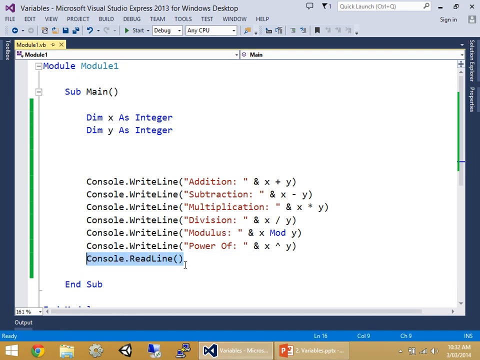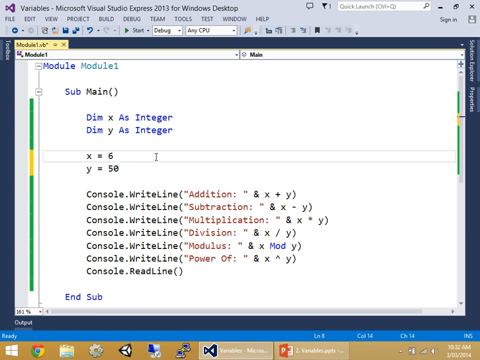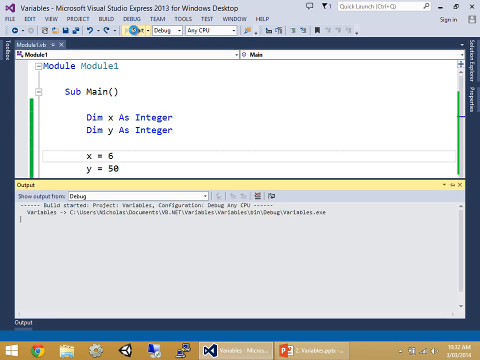I said in the second video that Console.ReadLine is a very powerful command. In fact, it's even more powerful than what we used it for already. Console.ReadLine will actually take what the user's typing on the keyboard and try and remember it. Okay? Even right now, it's trying to do that. It's very interesting. If I just put those numbers back in so I don't get an error and demonstrate this,